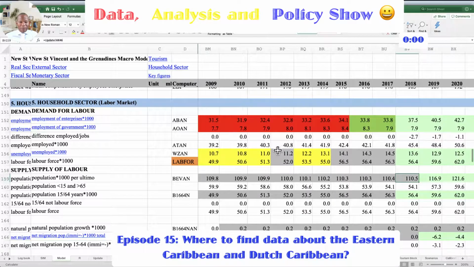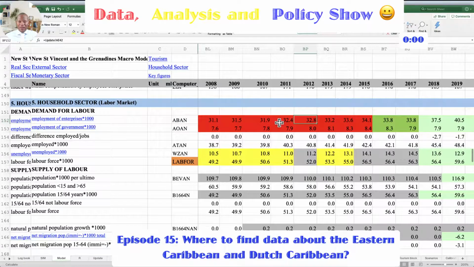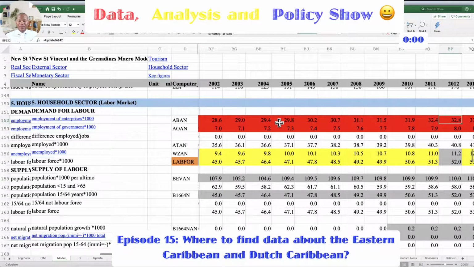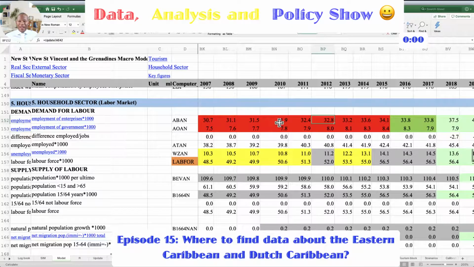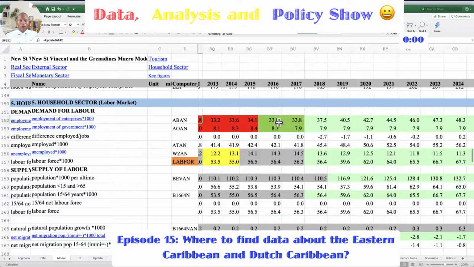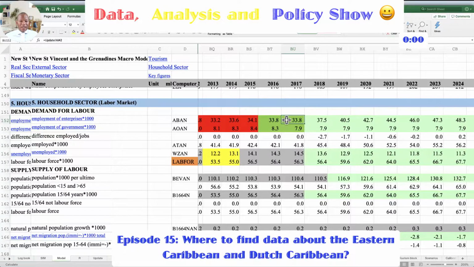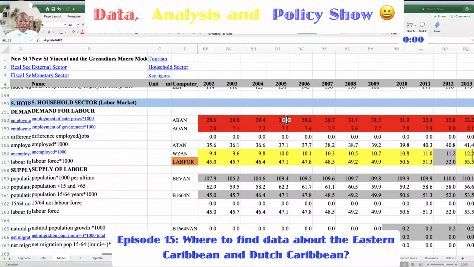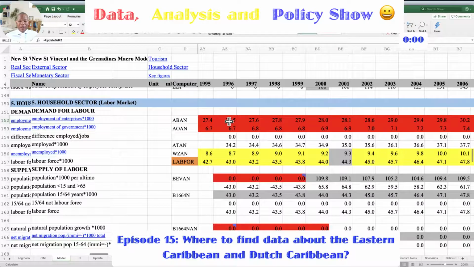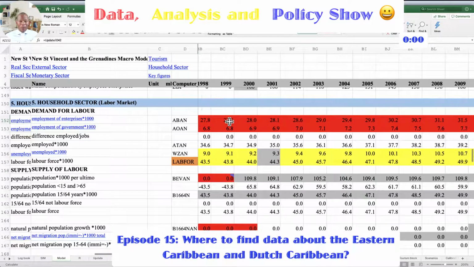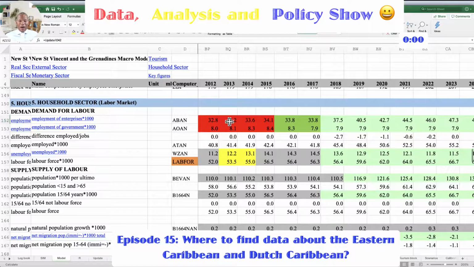Now you see here there is a big red. I'm always telling you, with this big red there is something that needs to be upgraded here. The reason, I'm not going to invent data, is that we only have data for 2016 and 2017 for the total number of unemployed in St. Vincent and the Grenadines. Based on calculations, we have created the past years. And how have we created that? We can show you exactly how.